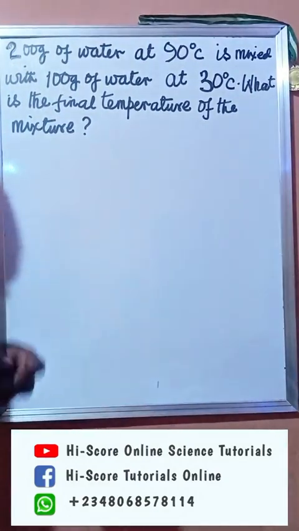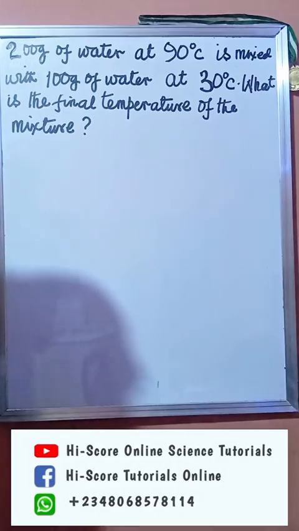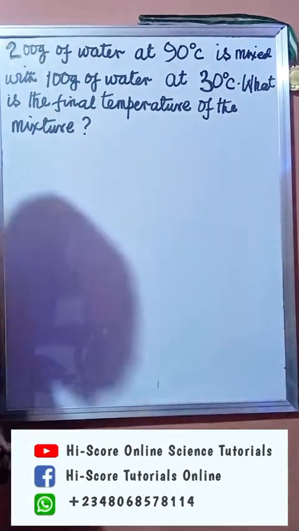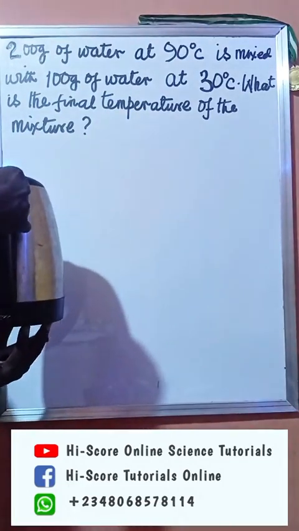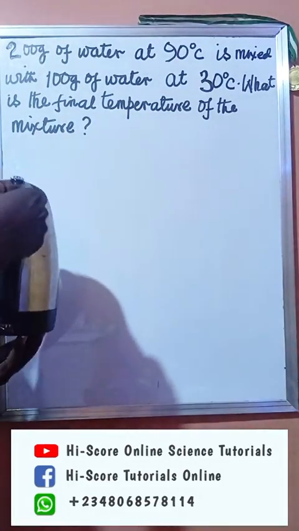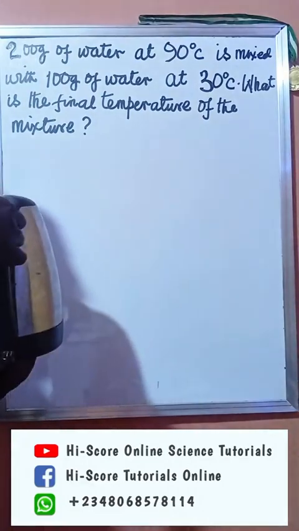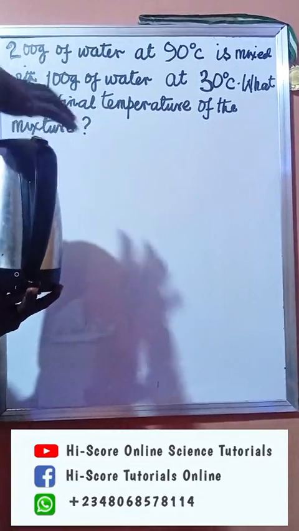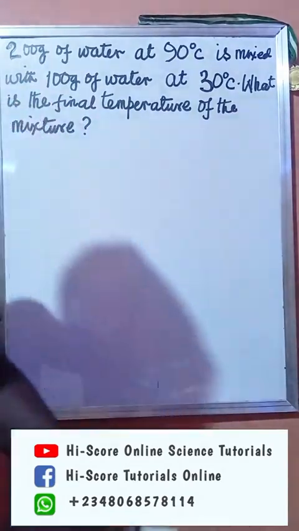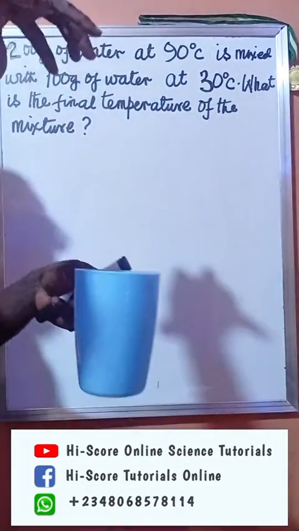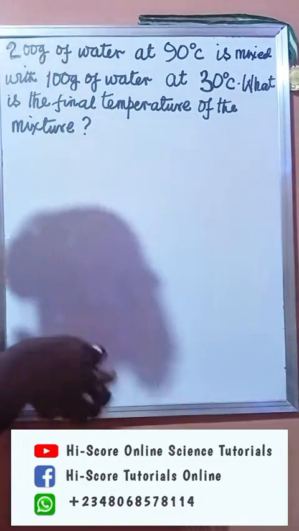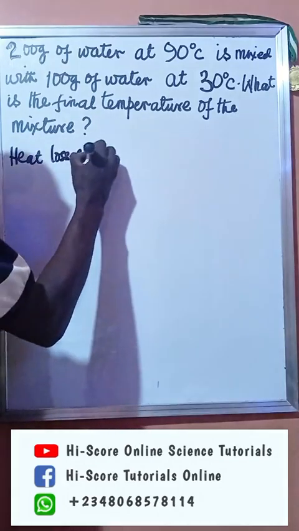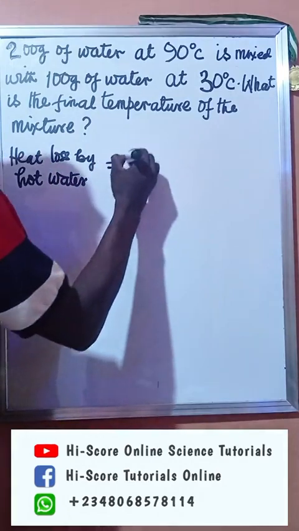All right, this is very simple. What we do know is that the hot water, when being poured into cold water, has a higher heat energy based on the temperature it is at. So in that case, it's going to lose the heat energy. It's going to lose it. And for it to be lost, this cold one will have to absorb that particular heat. So in that case, we can say that the heat loss by hot water is equal to heat gain